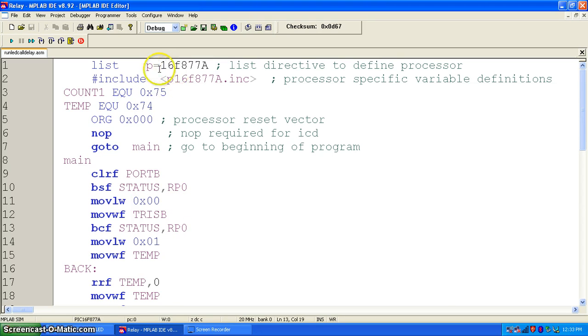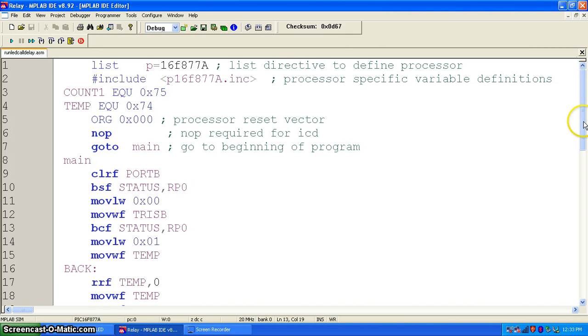in which I am including the processor. I have given the directive to define the processor. Then the P16F8775.inc file is also included. I take a temporary variable count1 that I will be using for generation of the delay. I take one temporary variable at the file register address 74H, taking care that I am not using a special function register address. At org 00H I am writing goto main, and then the main program starts here.